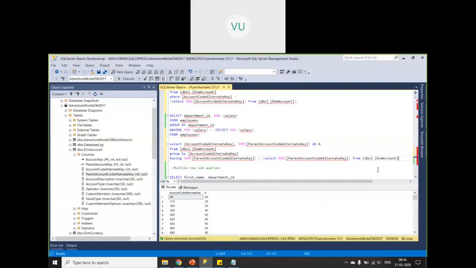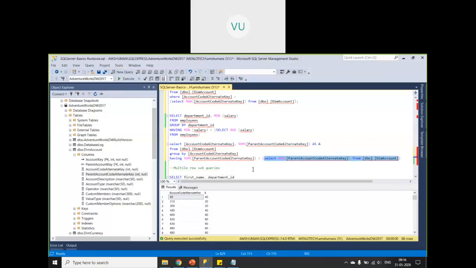So how to deconstruct this? First, my inner query, the subquery, will run. It will return this average value. In the place of the literal value, it will return this and put it as a placeholder. Then the remaining execution is the same. The outer query is the same. That is how we have to understand subqueries: first the inner query will run and return the value or values, then the outer query will run. So let us see what the result set is. First let us run and see what the average is.